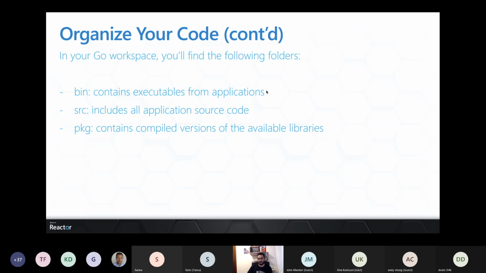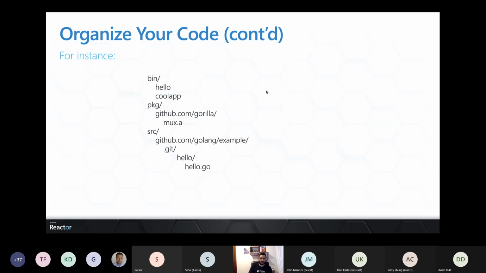our programs. Okay, so how does that look in an environment that is not fresh like the one I have right now? It's going to look something like this. So you're going to have the bin folder with two executables here. For example, hello, cool app. Those are going to be programs compiled in Go. Those are going to be executables. If you're on Windows, those are going to be hello.exe. If you are in Linux or Mac, those do not require an extension, but it's going to